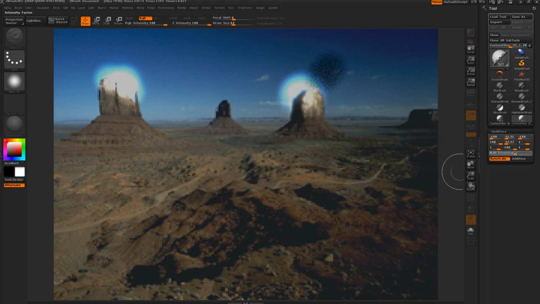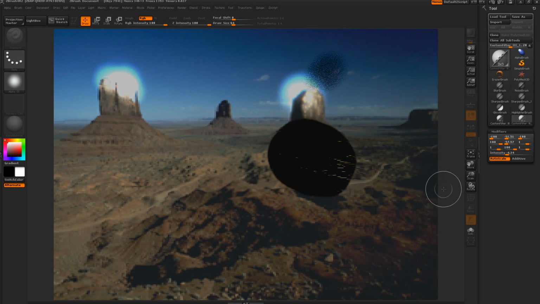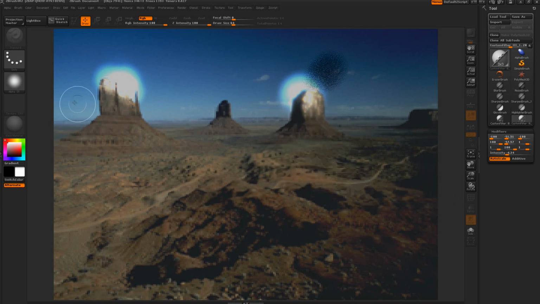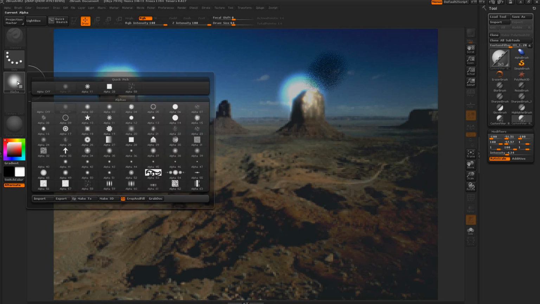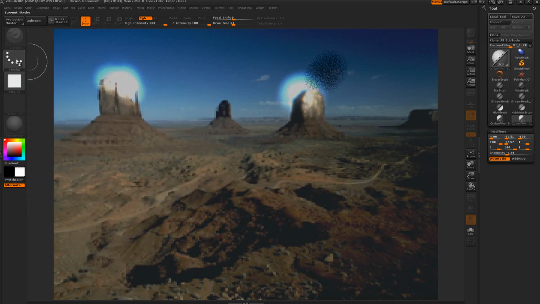And I might need to increase the intensity. Then I start getting stuff like this. That is way too much. Then I get something like that. Maybe this is something I want. The best way I like doing it is select a square alpha and drag rect, and I'll bring this out